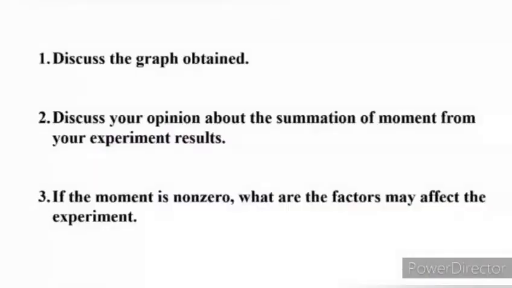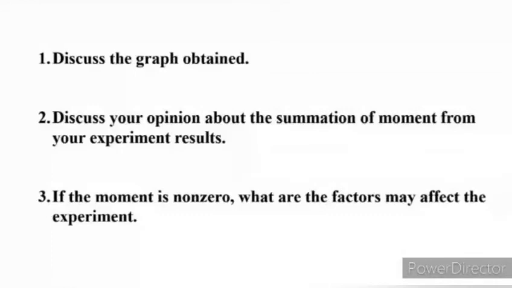The summation for Figure 3A is 0 because the forces from both parts are accurately defined in equilibrium. However, the system, or the pivot specifically, was not perfectly balanced for the rest of the tests, leading to a non-zero summation of moments. And the last one is, if the moment is non-zero, what are the factors that may affect the